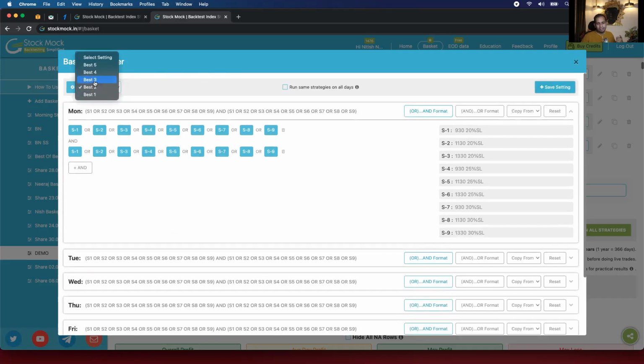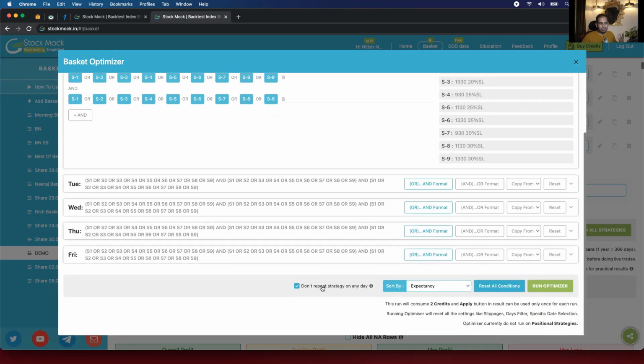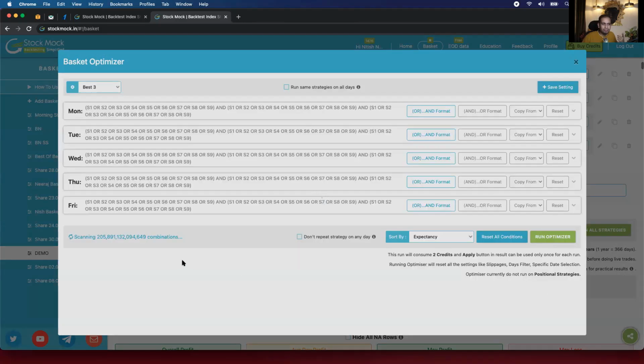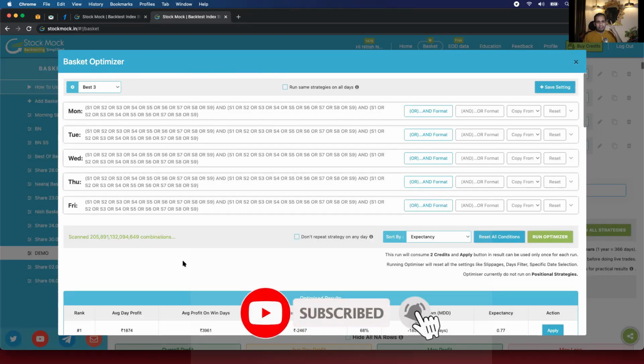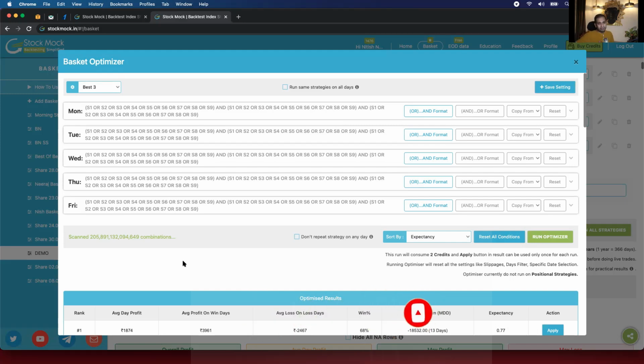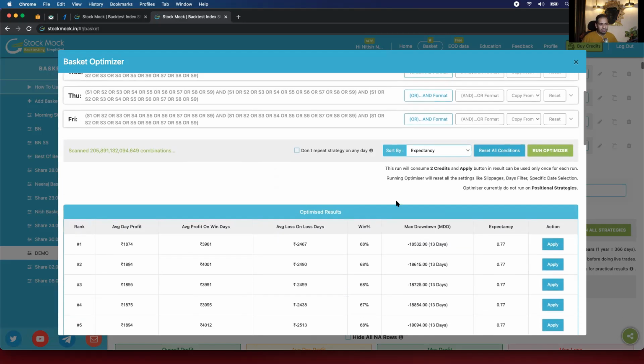But the question is, what if I don't click on this button and I now find the best 3 strategies? So now what I'm telling optimizer is, even if you want to overlap the strategy, even if you want to tell me that I want to do 3 strategies in a day, and from which the 2 strategies can be S1 and another can be S2, just tell me right away. Okay. So this concept of overlap also can be there. So I've clicked on this. Let's try to see if we get such results.